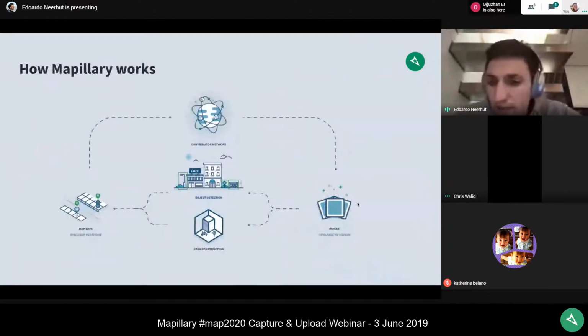And so when you're contributing imagery, your imagery will go to our platform. We're going to reconstruct everything in 3D using computer vision, and I'll show you that in a second. We'll identify objects. We'll make that data available. So if you have a look at our list of features that we detect and there's particular things that you're interested in, we can make them available to you. You can share them, and then that will encourage you guys to upload more imagery for other areas where you need data. So that's kind of the underlying principle of Mapillary.